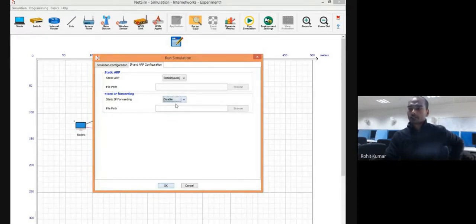If you want to disable it, it is not that it will not forward the packet now. Enable through file being disabled means it will be taken care of by a DHCP server. So the Dynamic Host Configuration Protocol server will automatically take care of IP forwarding. It will automatically allocate the dynamic IPs. As you can see here, it is written over static IP, so static IPs will not get forwarded. If you want to do it, you can do it like in our networks.